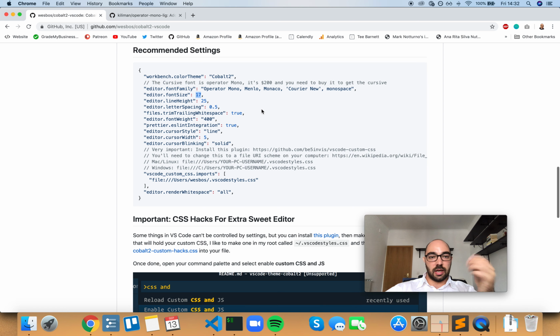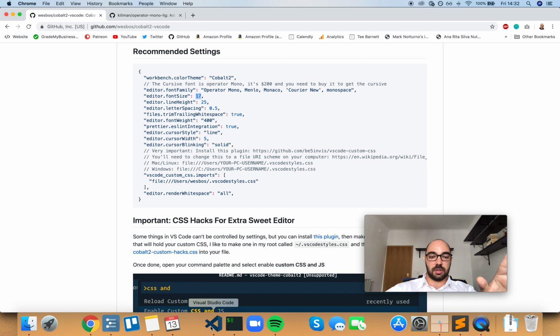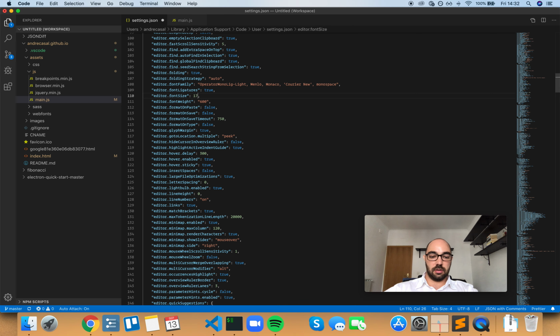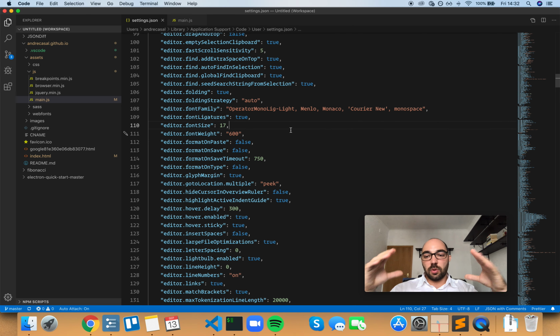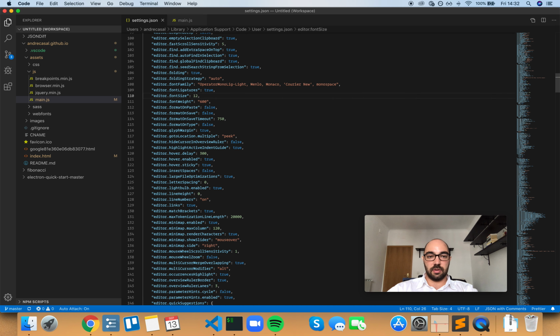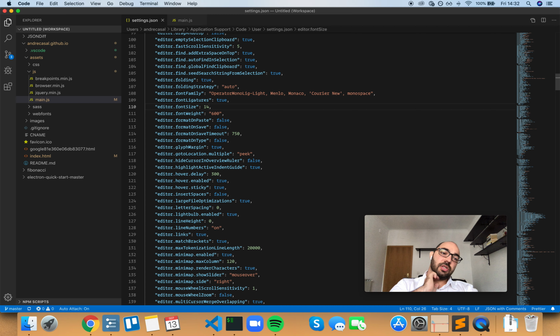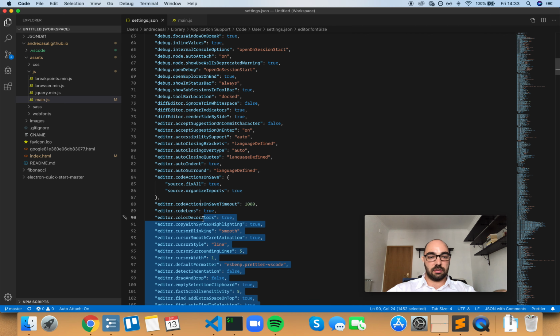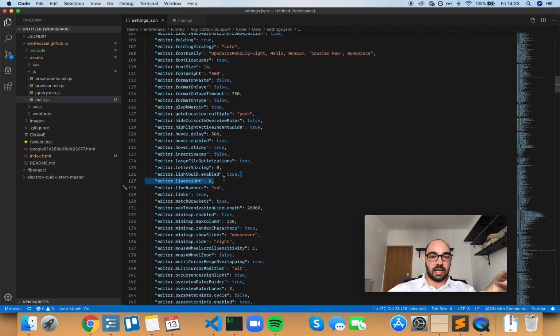Now, I don't want to use a font size of 17 because it's too big for me, and I want to see more code. I like to see quite a bit of code. So I'm not going to use 17 nor 12. I'm going to use kind of the middle ground, which is 14, which creates a little bit more balance between the size of the text here, right, and the size of the text